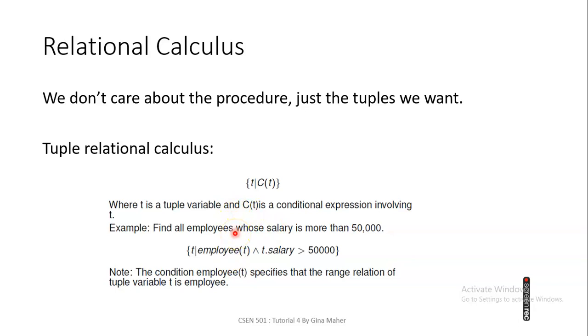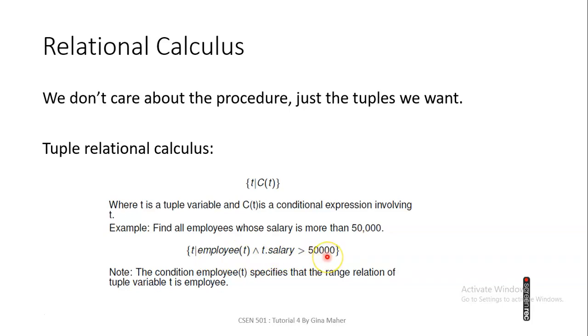We want the employees under a specific condition. What is the condition? The salary is more than 50,000. Salary is an attribute in employee. The t here represents a variable of employee. And we want to get the employees whose salary is greater than a specific amount. So in this case we are going to write and t.salary greater than 50,000. Okay, so in this case we are going to extract the whole row or the whole tuple of employees whose salaries